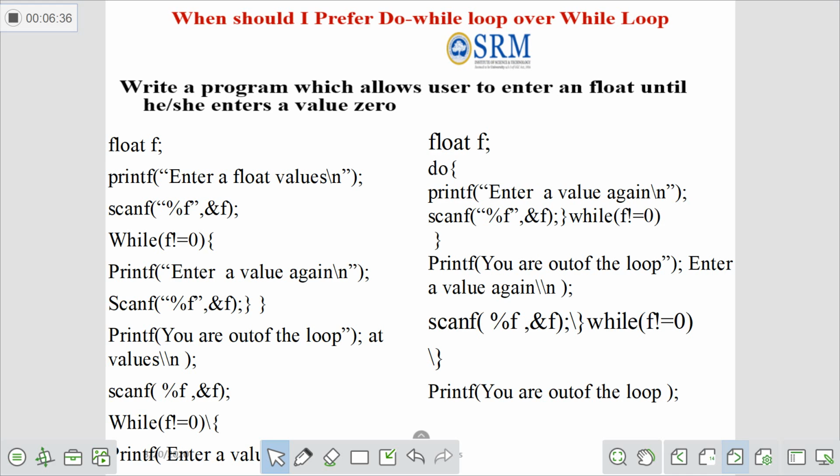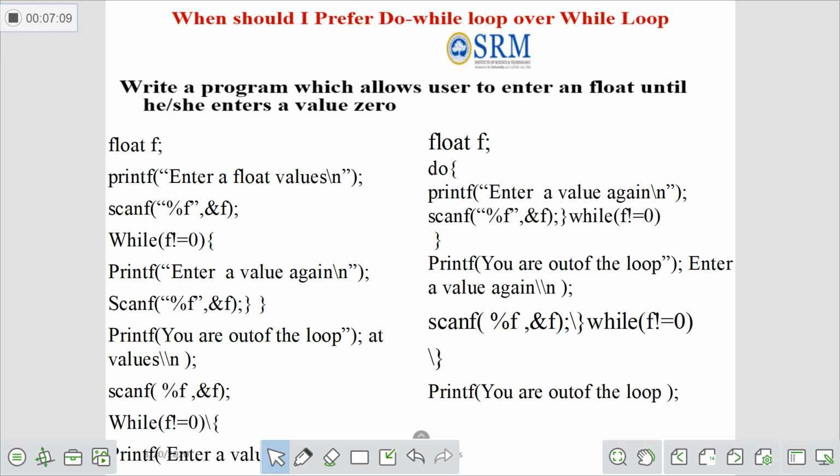Where should you prefer the do while loop over the while loop statement? Assume the program is like this: write a program which allows the user to enter a float until he or she enters the value 0. How would you write the program in the normal way? You declare one float variable f, then you get that float value. Then while f is not equal to 0, again you get the value f.